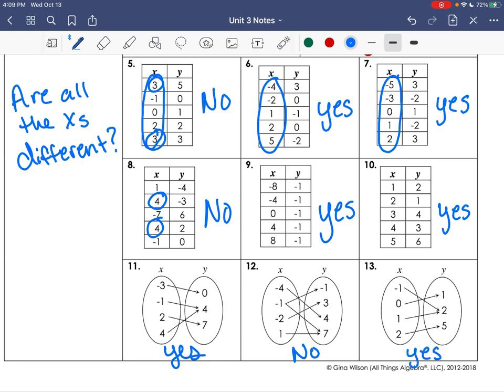Now some people get hung up because this 2 has 2 x's coming to it. But guys, we're all at school. So we all can go to the same place. We just can't go to 2 different places. So let's say that,